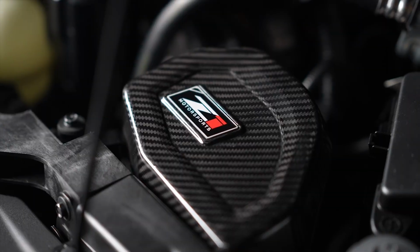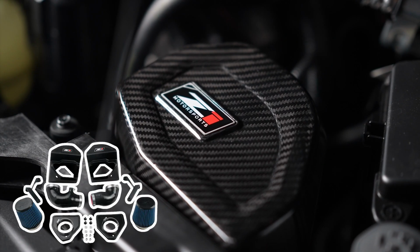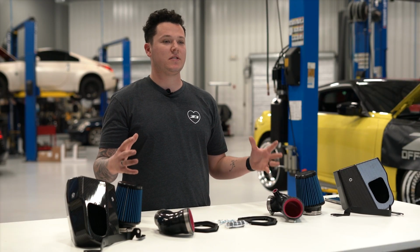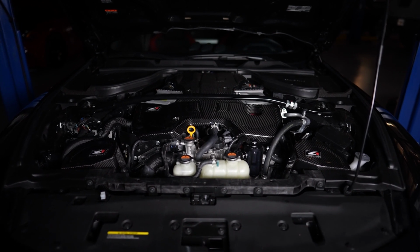air intakes. So for all you VR30 guys, as you know, we do have our Q series intakes which look very similar. However, we do have some main differences for the new Z and its body shape. Mainly being the location closer to the core support, which helps draw in more cold air than counterparts that we've